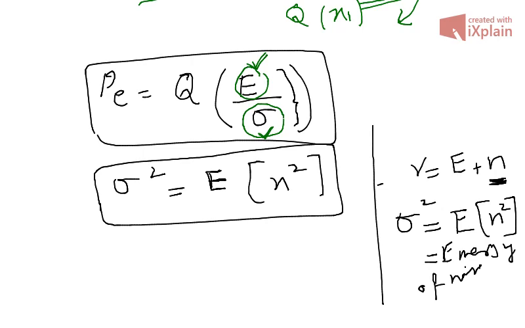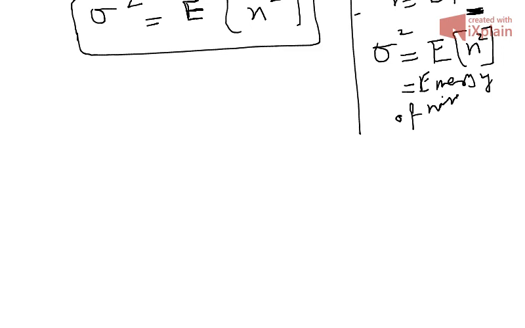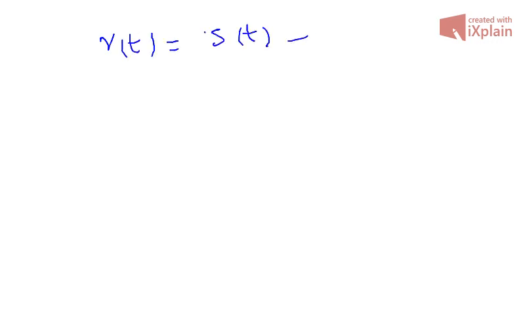So we would be interested in finding the expected value of n square. We can do so if you observe your expression for R of t. Let me rewrite it so that you recall. The received signal R of t: you transmit S of t, and the noise is added to it, right? When you multiply this with S of t and integrate, which is the output of the correlator, you would get